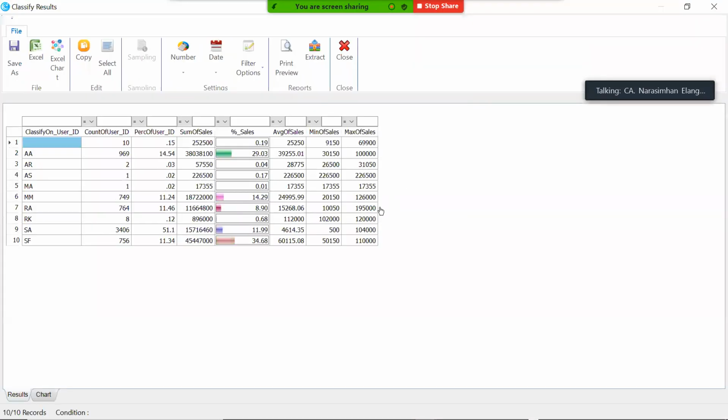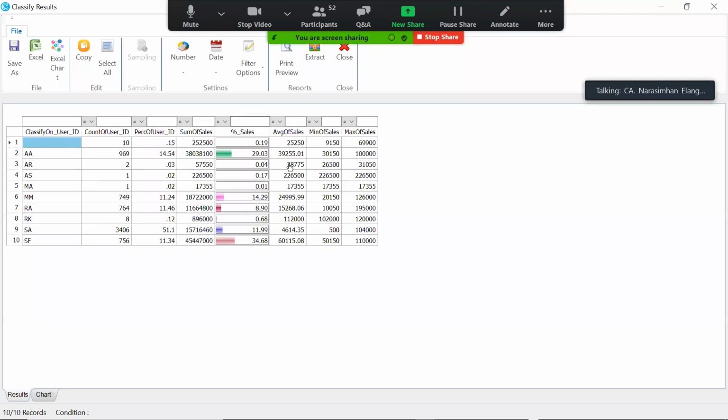Can you see this quick result which we have got? We have got classify based on user ID, and one shocking thing is user ID also is blank, my dear friends. Look at this. User ID also is blank. That means for certain cases, we don't have the user ID at all defined. So we don't know who has actually done this transaction.